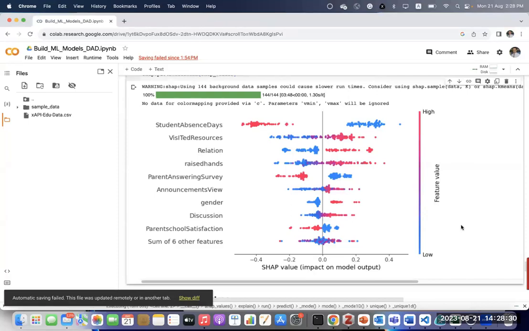Okay? Yes. Let's take the first one, student absence days. How do you read the blue and red? What does it mean? The value of the feature, more absence. Okay, so based on the range of the value, this data will be transformed to 0 to 1 because you have the normalization, right?